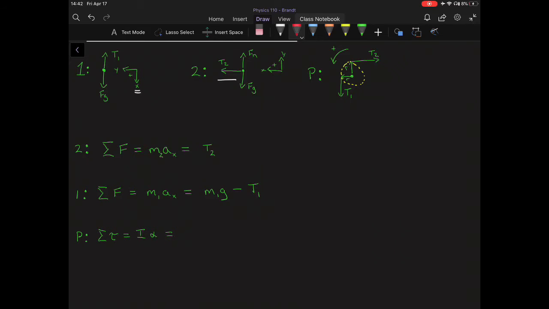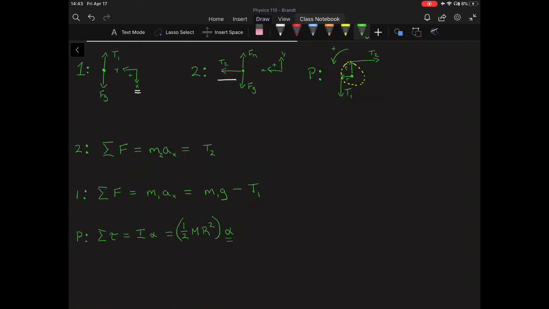So if we write this in, 1/2 mr squared for I times alpha should give us what the sum of the torques are,